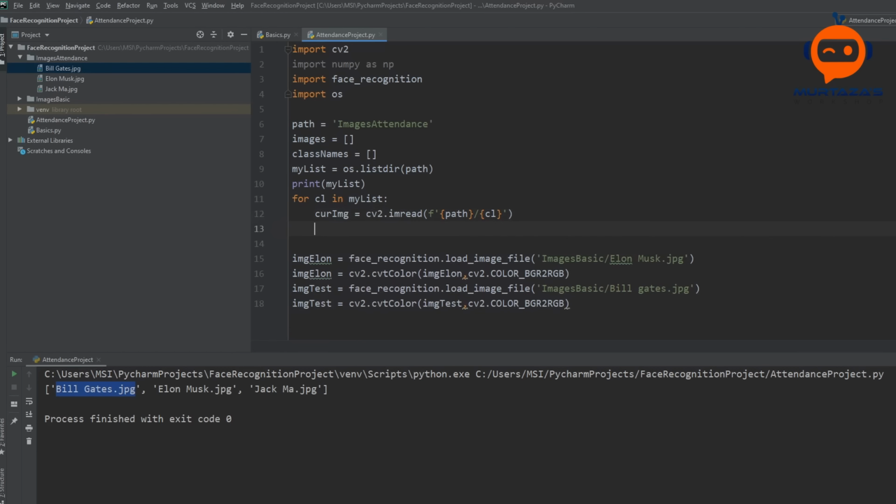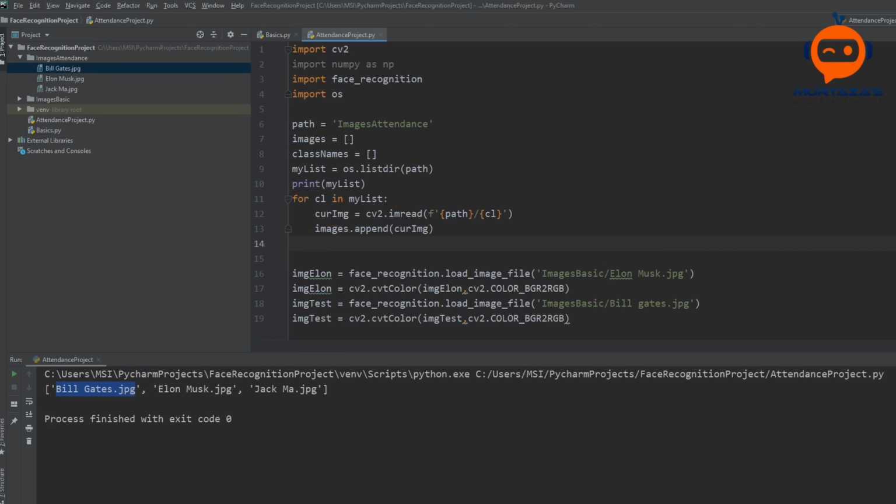Then we are going to append, so we will say images.append, and we are going to append our current image. And the last thing we will do is to append our class name as well. So class names.append, and inside here we don't want to append just the name like this, because it's billgates.jpg.